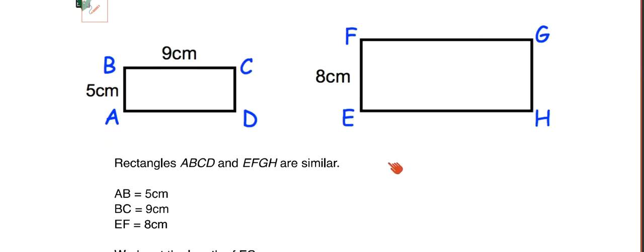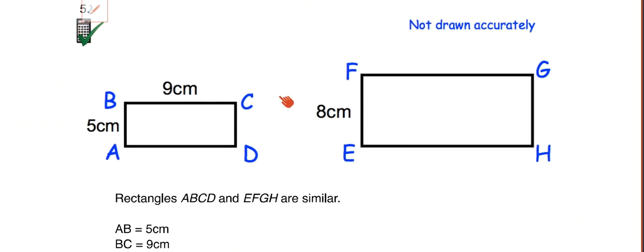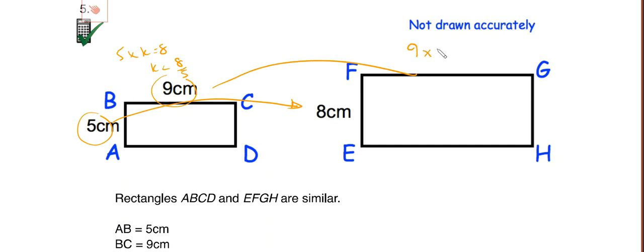This one. Nice and interesting. I can use a calculator this time. 5 times k is 8. Therefore, k is 8 divided by 5. I'm just going to go to this one over here. So this would be 9 times 8 over 5. 9 times 8, 72 over 5 is 8.6. 14.4. Okay. Now,